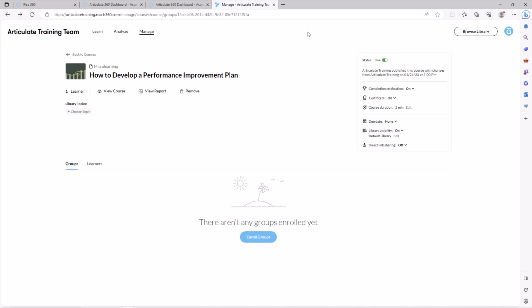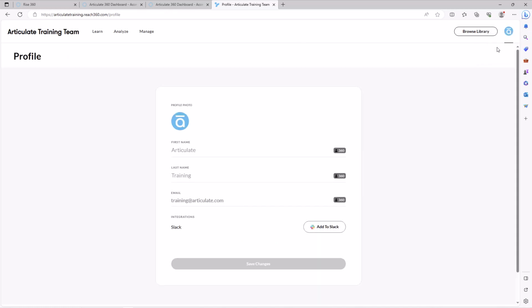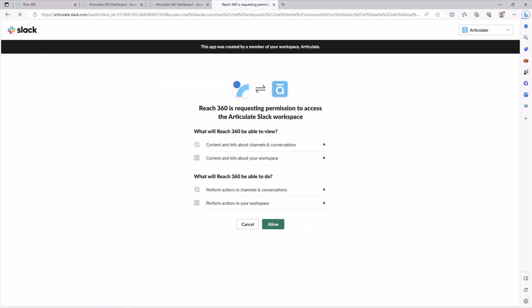So let me show you just where you'd set this up, and your Slack team or administrator can help with this. But the way it works is you just want to go over to your profile. So over here in the top right corner, we have profile. Just click profile. And you'll be asked to log into your Slack account. So down below, you'll see Slack. Click that real quick. Right, and so Reach is asking to access Articulate Workspace. I'm not going to connect this, because it's already connected with a different account, but essentially you're seeing what permissions and what actions Slack and Reach can each take. You click allow, and then you'll log into Slack if you're not already logged in, and that's now integrated.